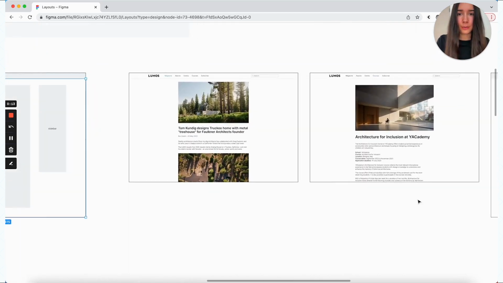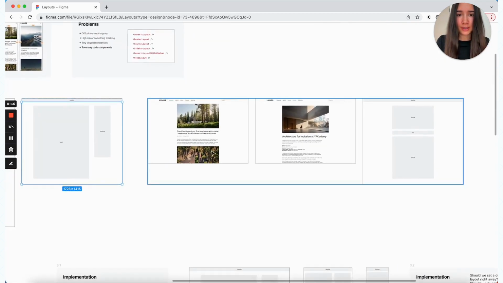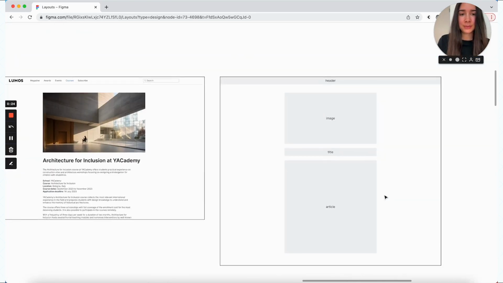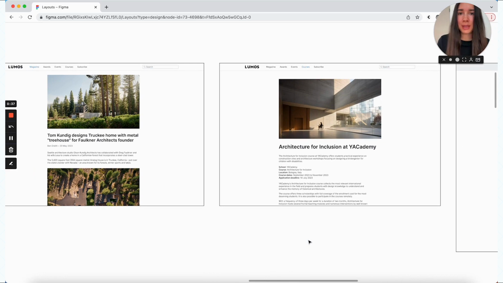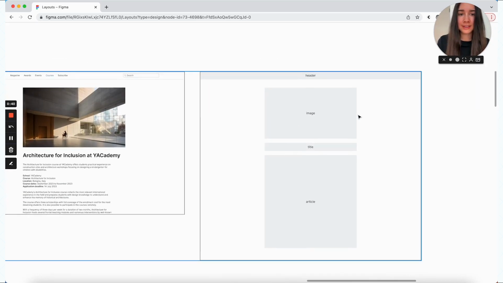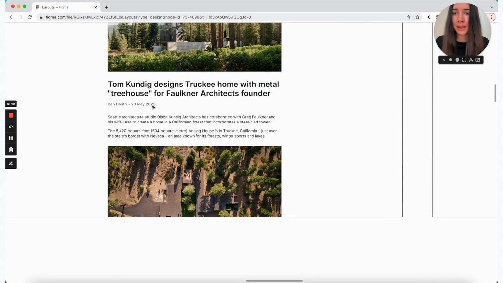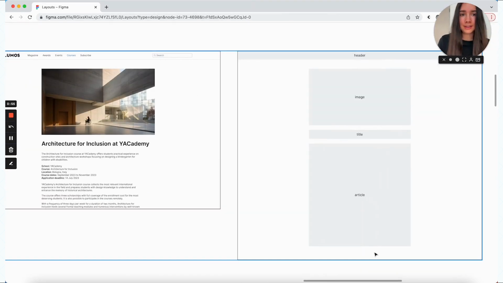And then for our second one, our article view and our course view, we're also going to do the same thing. And this is where the last question, the granularity, comes in. Technically, I could just have one block here that just says content, but maybe we decide to make it a little more granular and have a slot for a picture, a slot for a title, which might contain either just a title or a title and some information like the author name and the date. And then we have the article itself.